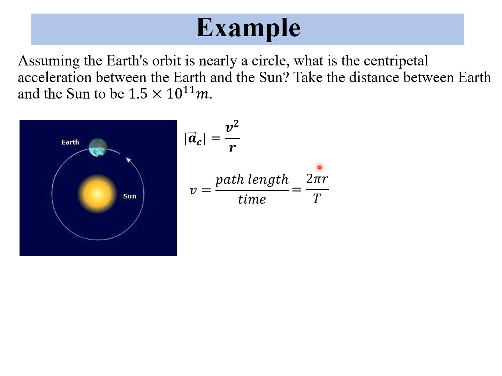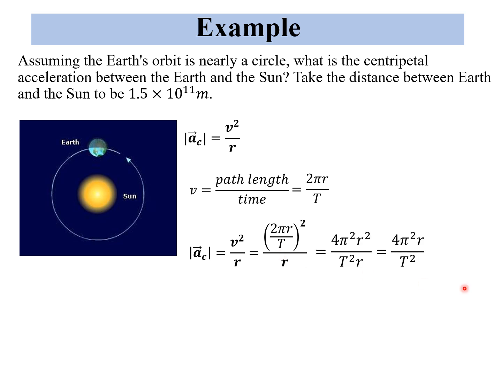So the information that I do have is r. t is something that I know because of my experience on living on Earth. So substitute that into the equation, and I'm going to simplify. You can see, we have r squared on the top, r on the bottom, cancel out one of the exponent,